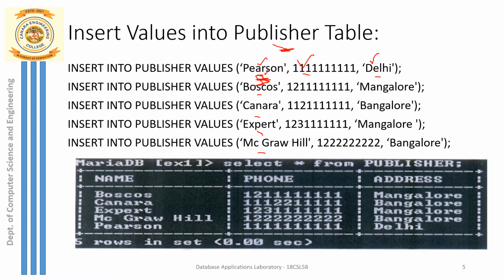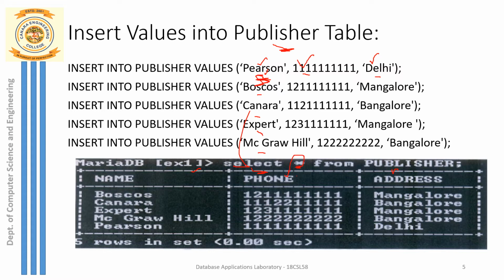Right. And next, the moment you finish entering the values, you can see the entire structure of the table along with the values that you had entered using the command select. So select command followed by star indicates select all the attributes, all the columns of the table. Which are the columns of this table publisher? I have 3 columns for this table. The first column is publisher name, the second column is phone number, and the third column is address. So all the columns you are trying to retrieve here.